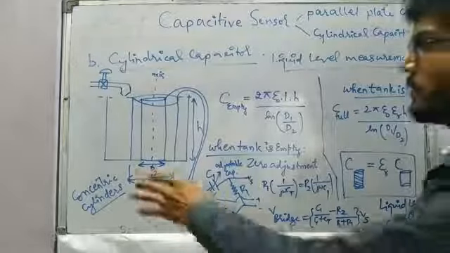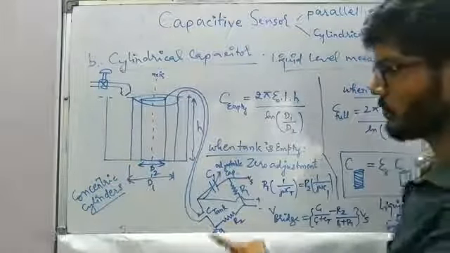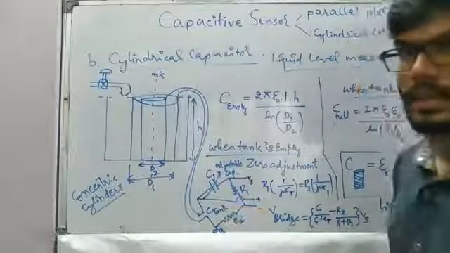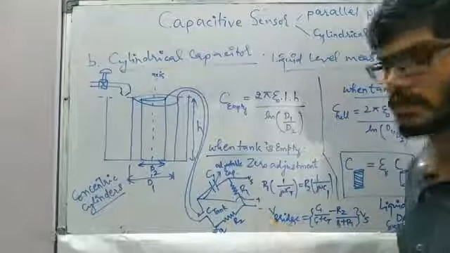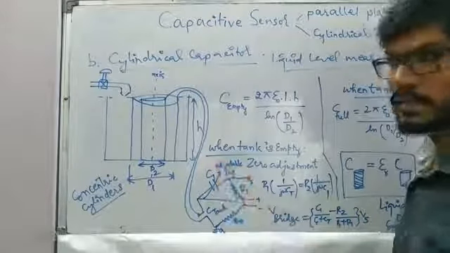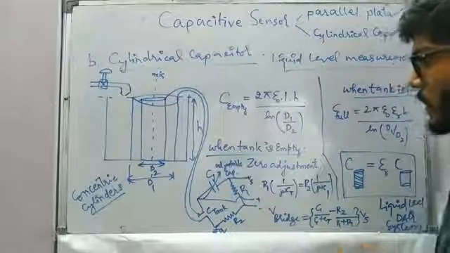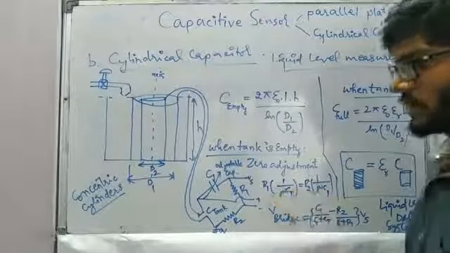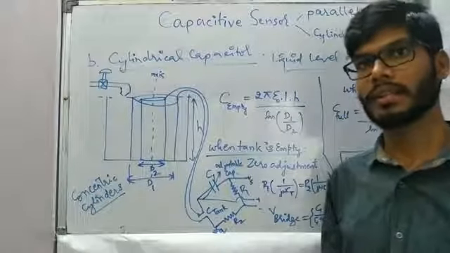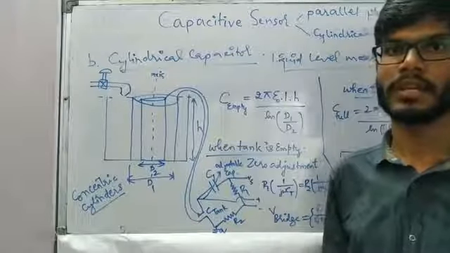So we have used this particular variation in the capacitance in one arm of the Wheatstone bridge, and in another arm we are using another variable capacitor and two resistances R1 and R2. The reason behind using another adjustable capacitance is that when the tank is empty, we need to make the zero adjustment. Like in the case of Wheatstone bridges, in the initial condition all the resistances are to be equal so that we do not have any voltage output.